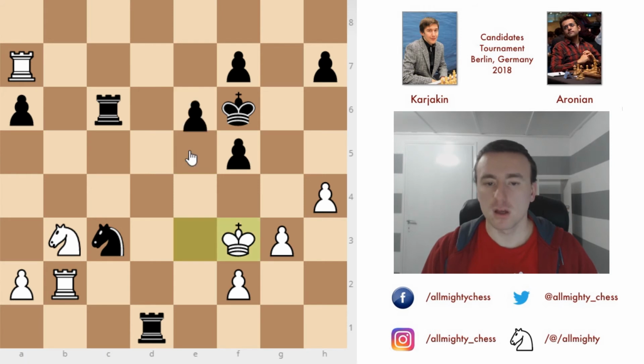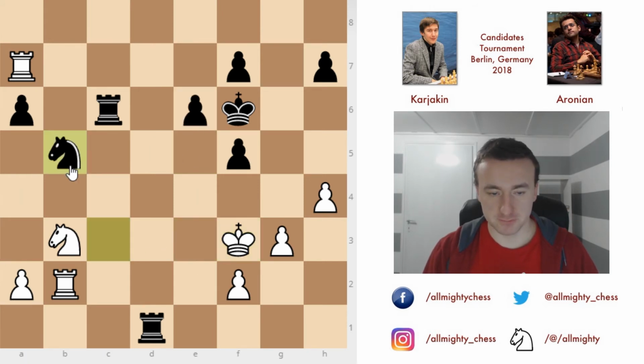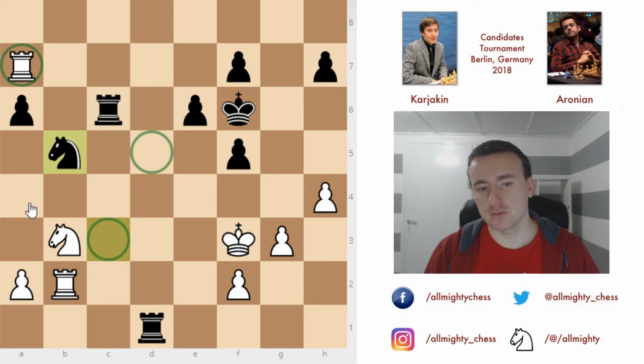Sorry, not e5, but knight to b5 first. So yeah, the e5 was the next move. So first the idea is to attack this rook in order to push him out of the way a bit, and also bring, yeah, the possible solution here could have been to put the knight to d5 to b4, but